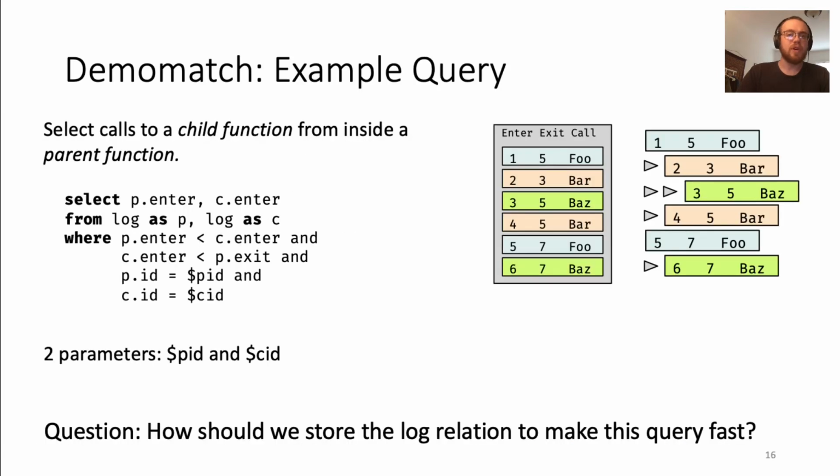An example query from this system selects calls to a child function from inside a parent function. We can see the query is written in SQL. It selects all of the cases where the parent function ID is equal to a known function ID, the child function ID is equal to a known function ID, and the parent calls the child. So the question that we have to answer is,